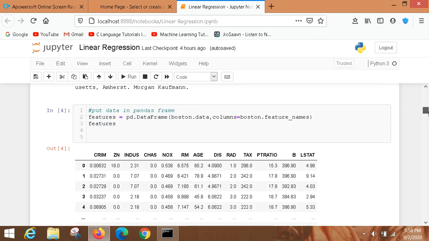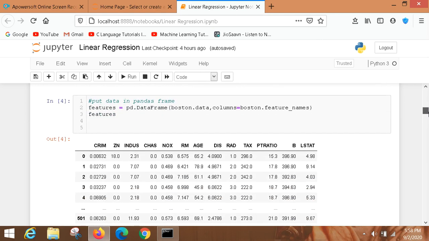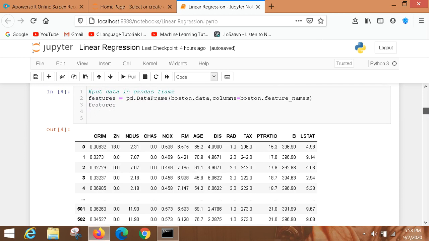and this is the code for printing the features. These features affect the labels. These features have a relation with the labels.